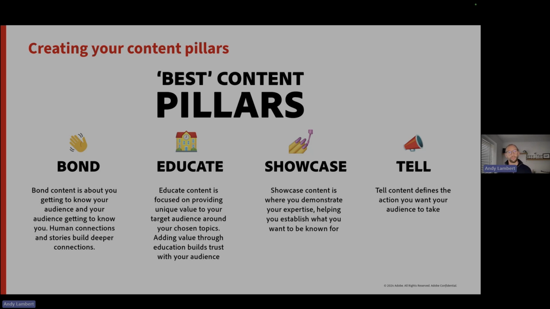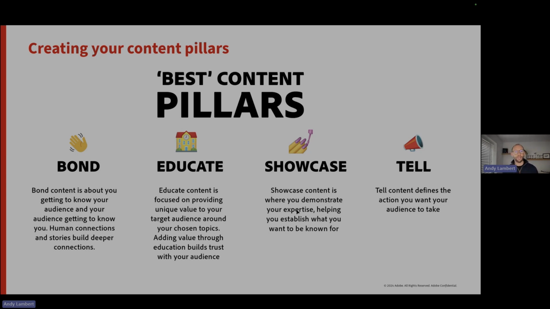When we build trust, trust is the thing that drives purchase behavior and allows us to have purchase preference. So this is where education content comes in. Education content's all built around those problems and challenges and those general psychographics that we spoke about earlier. What do people need to know, and how can we educate them to get there? You'll know this well because we've got a great audience for that particular pillar on the call